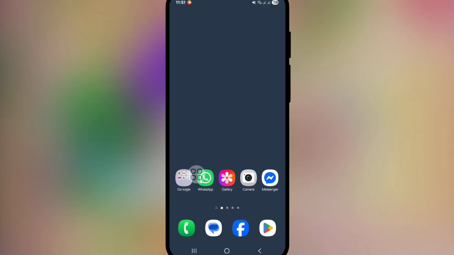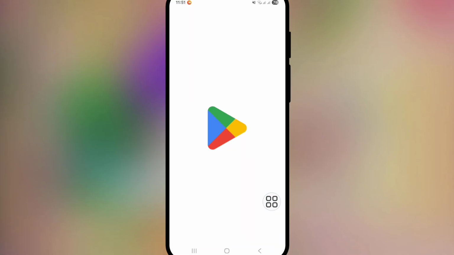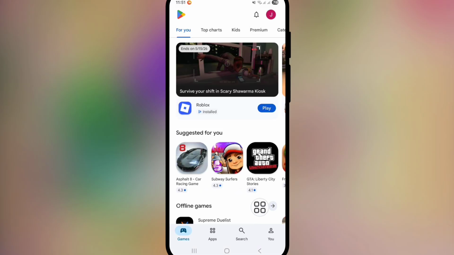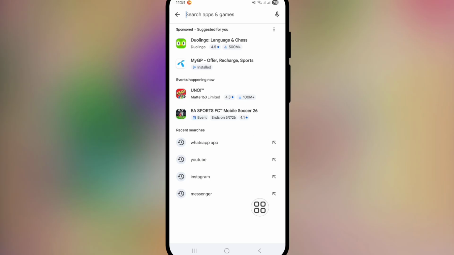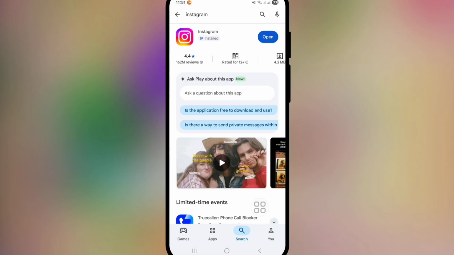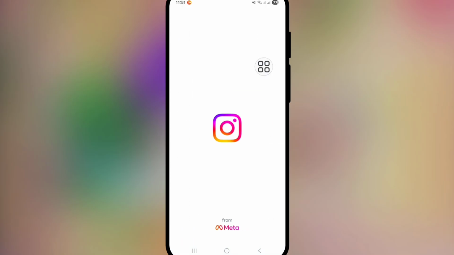For fixing this problem, first of all, you need to update your Instagram app. So go to Play Store and then tap on Search app. Now search Instagram. From here, update your Instagram app to the latest version. After completing the update process, now open Instagram